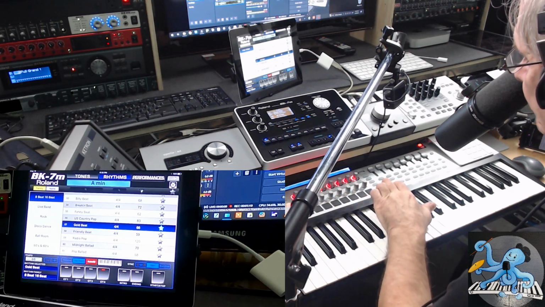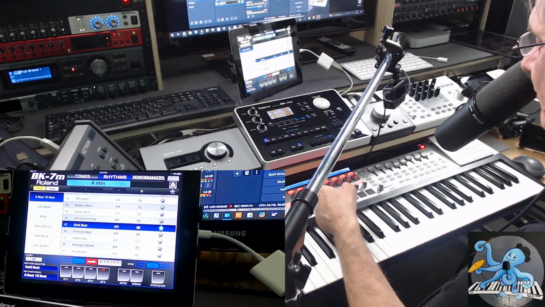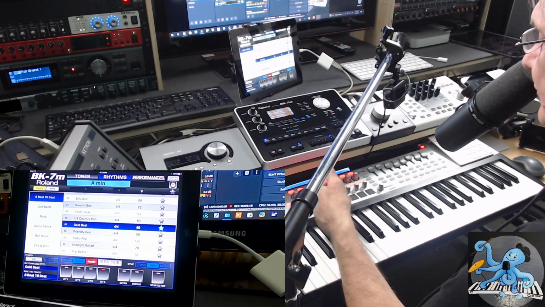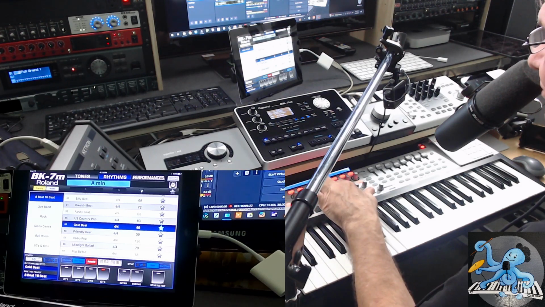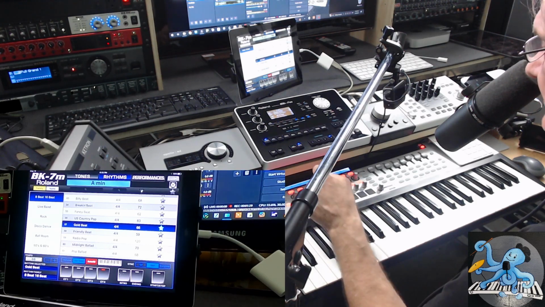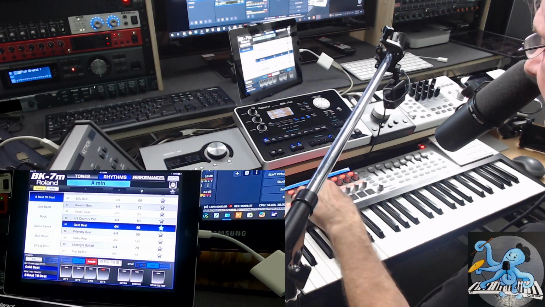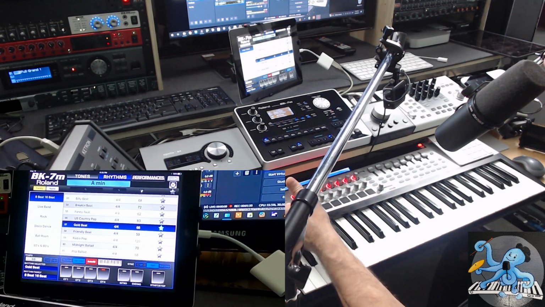I have my Novation MIDI controller. On that controller, one of the setups is for BK-7 live performing, another one is for BK-7 studio, and both of them are for Novation or any other controller that has 49 keys. But I have another setup for a controller that has 61 keys. In front of me is a 49-key controller, so I am going to work presently with the live performing setup